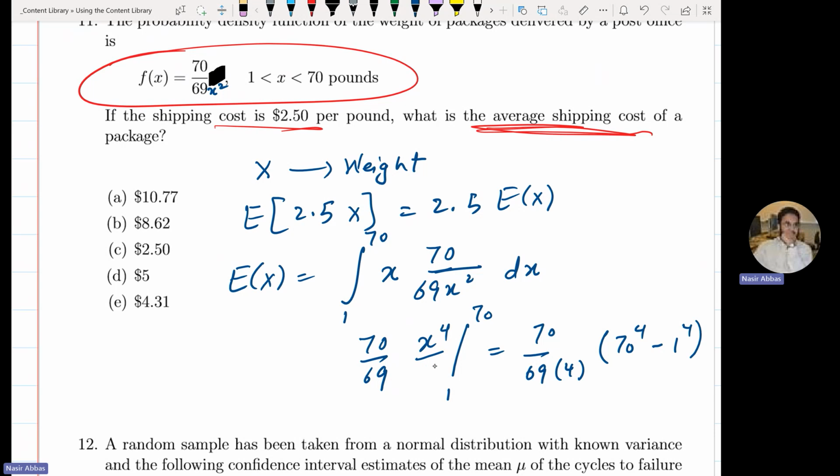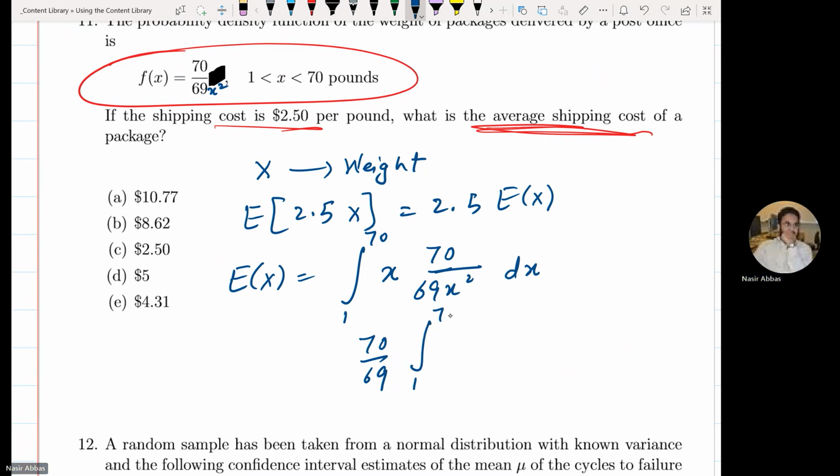So this should be what? This should be integral 1 over x dx. 70, 69. So log of 70 minus log of 1. And then you have to multiply. The final answer will be